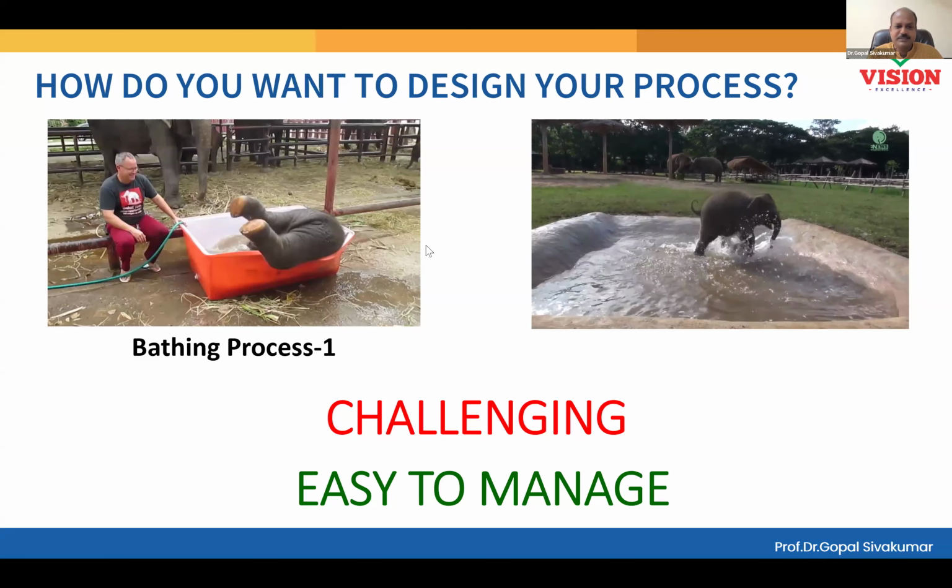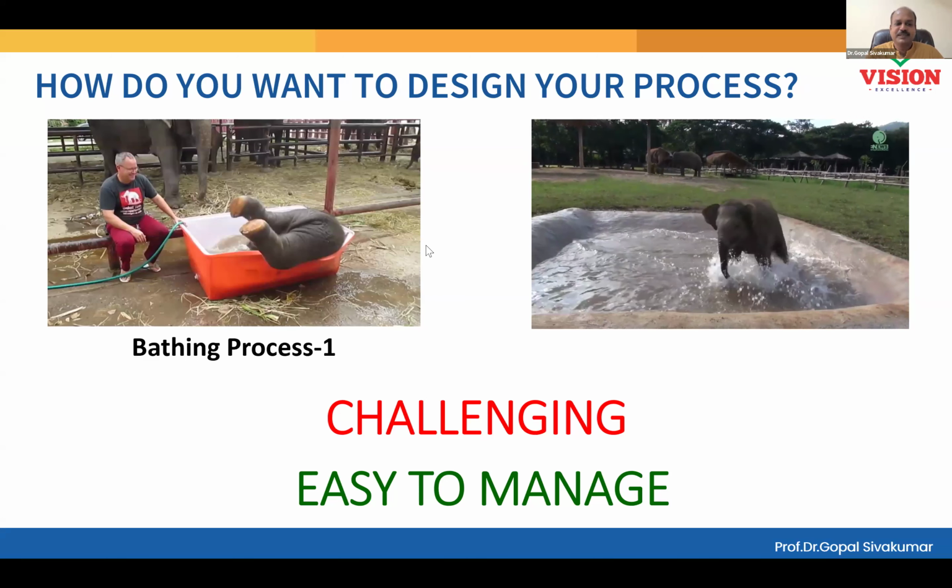Can you see now the process becoming easily manageable? The relative size of the tub and the elephant needs to be understood. And whichever is in your control, make sure the relative size is not affecting your result. So here we increased the size of the tub, but in a business scenario, what is under your control? Customer tolerance is under your control, or the process spread is under your control? Tell me, which one can you control? Process spread. It's under your control.